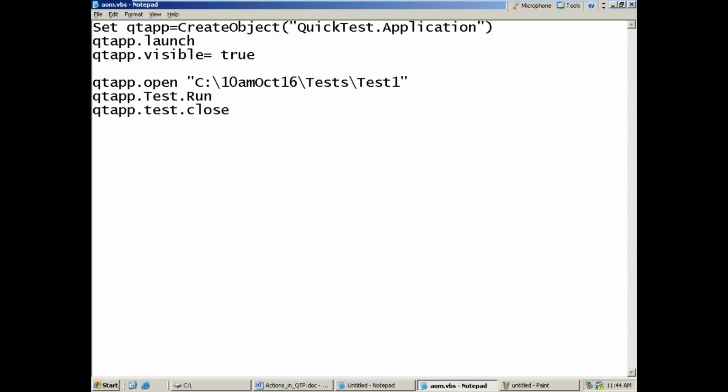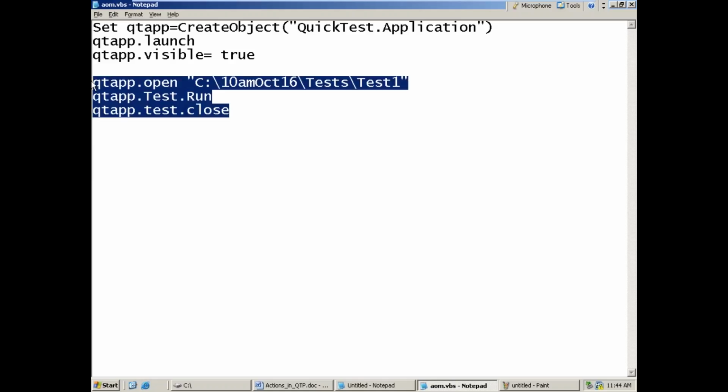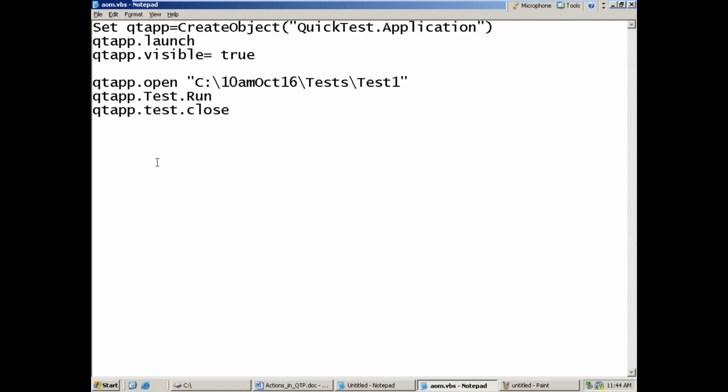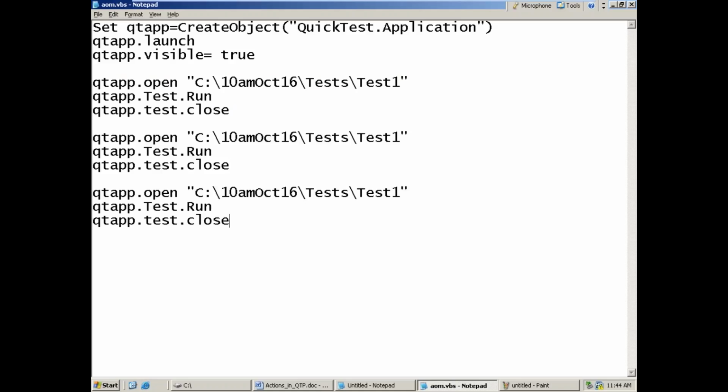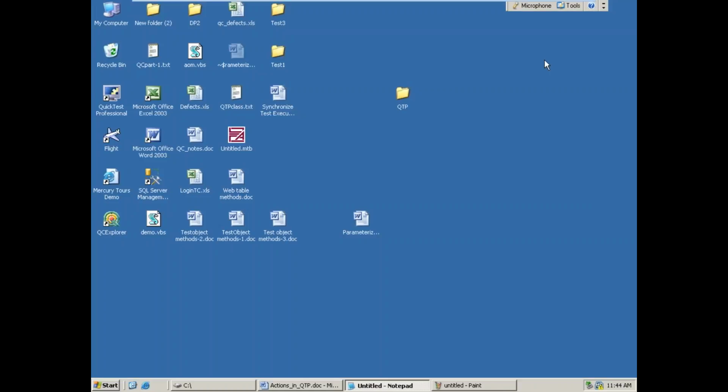Same way, different tests are there: Test 1, Test 2, Test 3. Then I want to close my QTP, QTApp.Quit. Selenium scripts are going to be like this only. Now see, if I double click this AOM file,